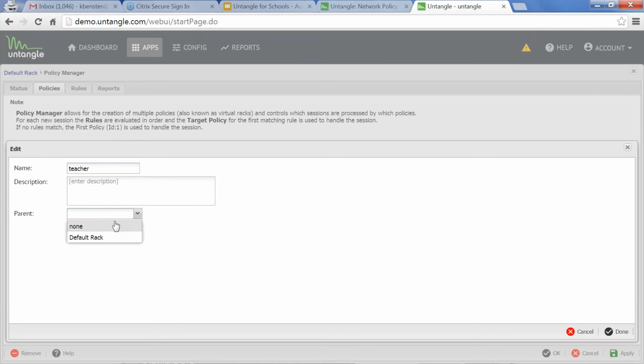And then what we allow you to do, to save time, is set up a default rack and copy or mirror the settings from the default rack into your new racks. So let's say you wanted to take some time to set up the default rack to meet the needs of your student codes of conduct.